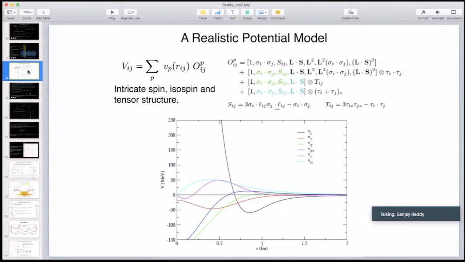And what people have done is they have built models for this potential where the structures in the potential, in addition to just the distance between the nucleons, depend on the internal spin and angular momentum components of the two nucleons involved. And so there are these potentials like Argonne v14, v18, etc., which include a very large number